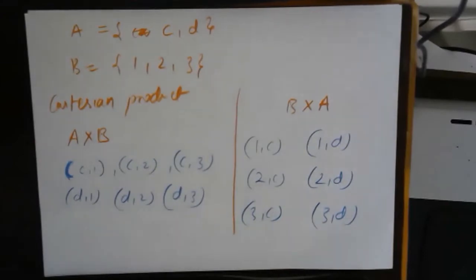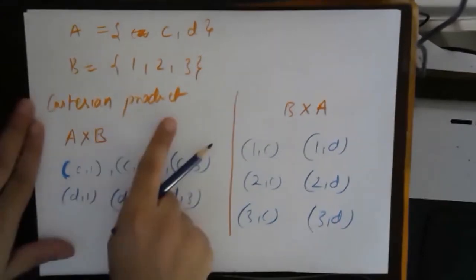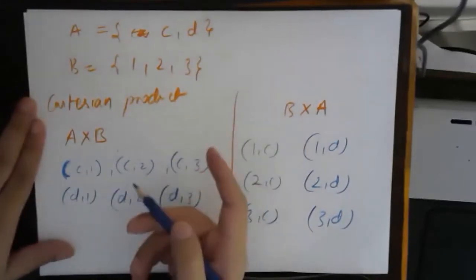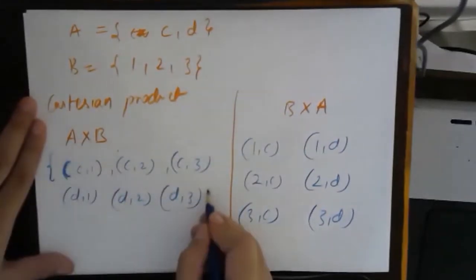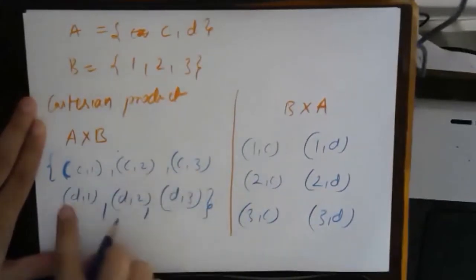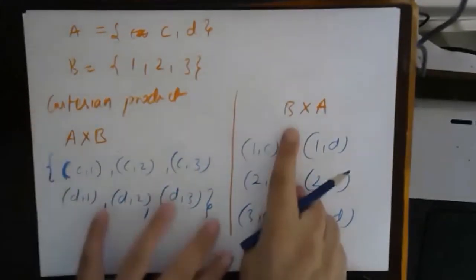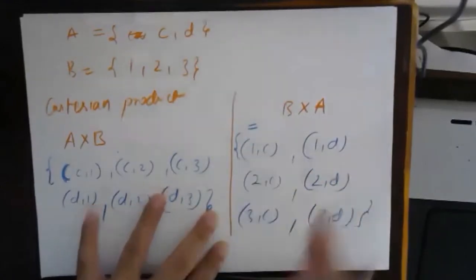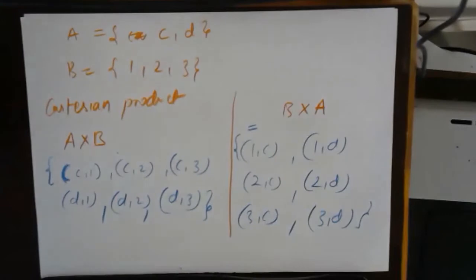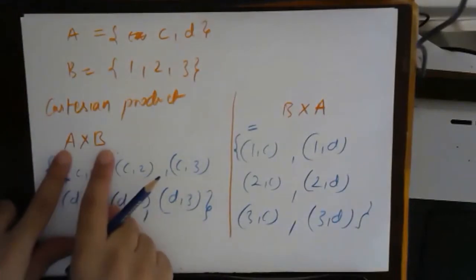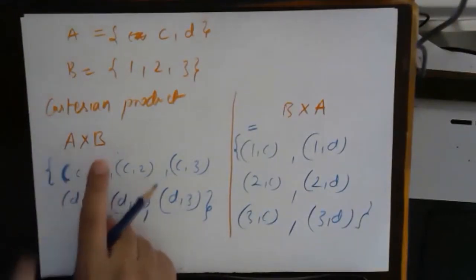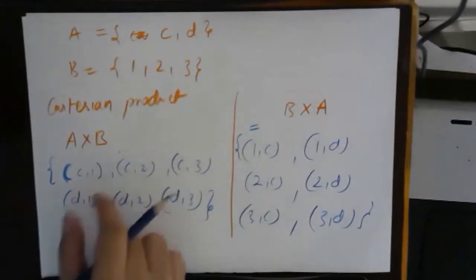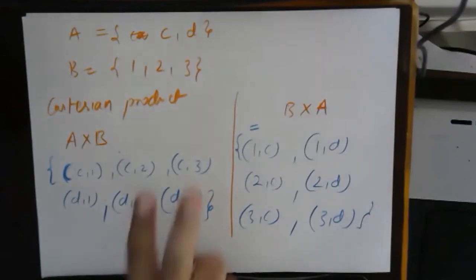Now one more thing I will add, a very little thing: the Cartesian product is itself a set which contains these ordered pairs as elements. Understood? So if this is a Cartesian product, what elements will it contain? A Cartesian product will contain ordered pairs.